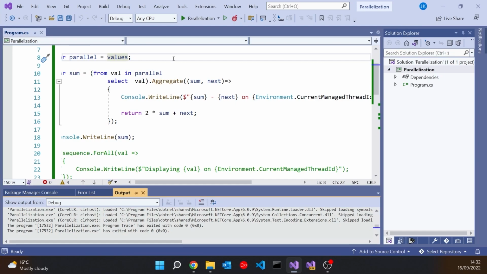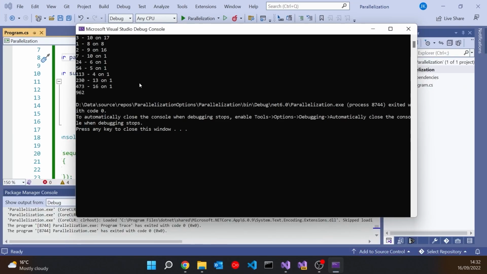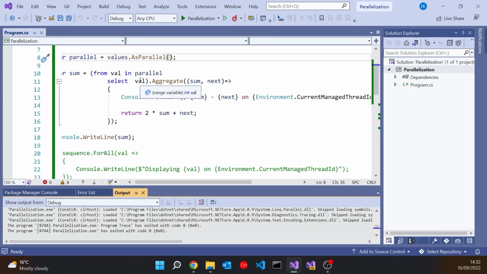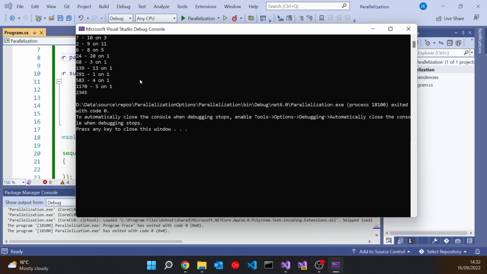But that is now not going to be a commutative function. The order is now going to matter. And so if I put AsParallel on here now, and we run it up, we can see now we're getting the randomized order of processing, but that also means that we don't get a consistent result, because it's now going to depend on what order things have gone through. So that time we got 962, this time we get 792, this time we get 2, 3, 4, 5.